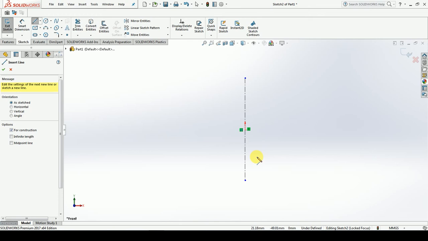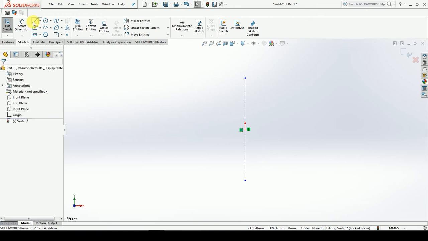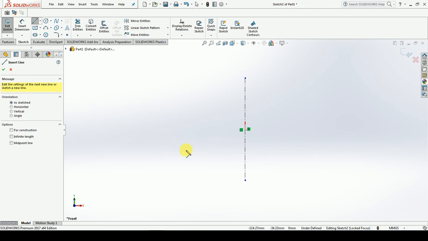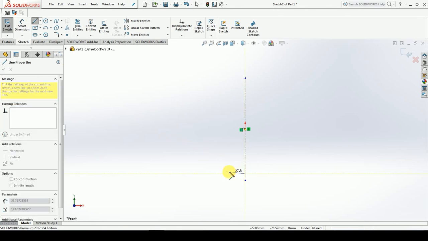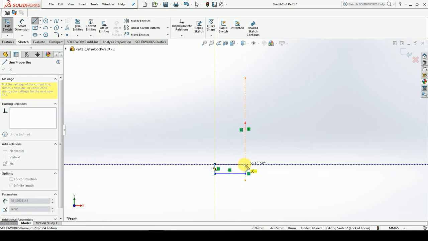For our design requirement, we have to draw the half portion of our design at the left side, and then the result is shown later at the end of this video. So watch the video till the end. Select line and draw a horizontal line which starts from the center line. Continue with a small vertical line and again back to a horizontal line ending at the center line.